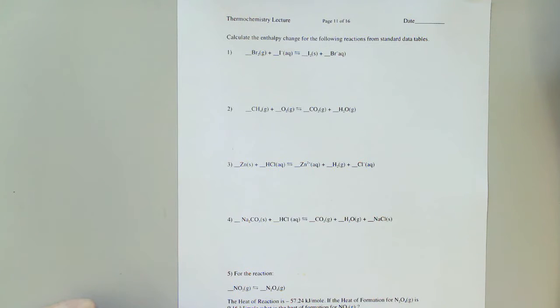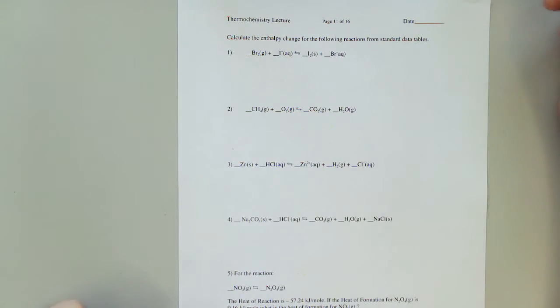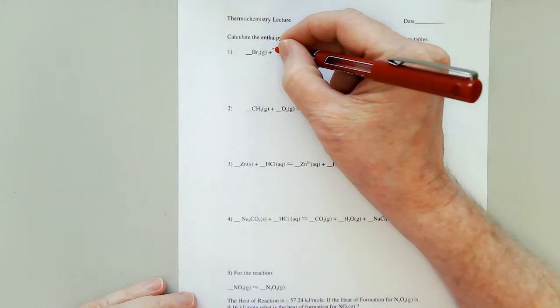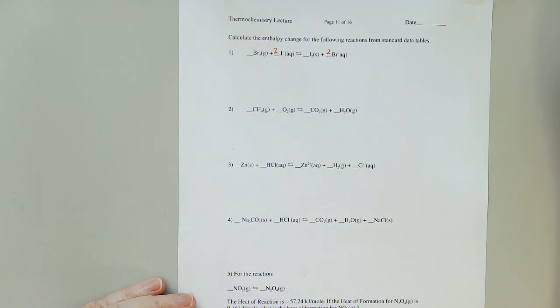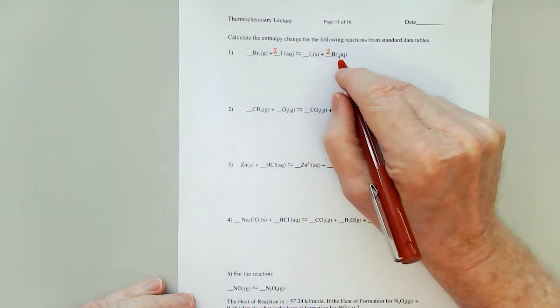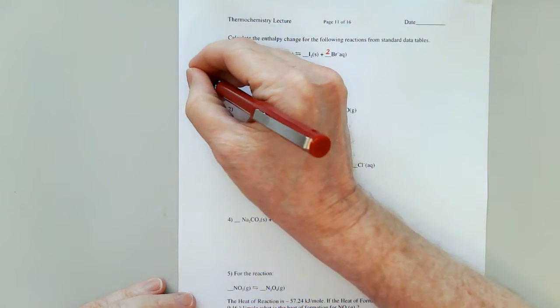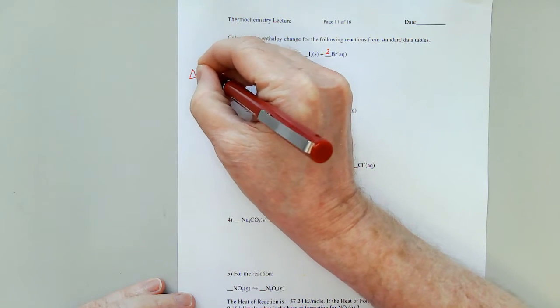Now, you can get a copy of the thermotables from my webpage that list the heats of formation for all of these species that are involved here. And we're going to balance our first equation like that. And we're going to look up the heats of formation for both of these products. Delta H naught